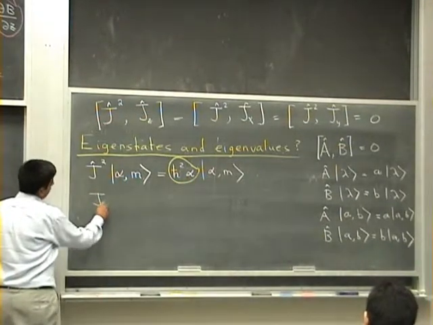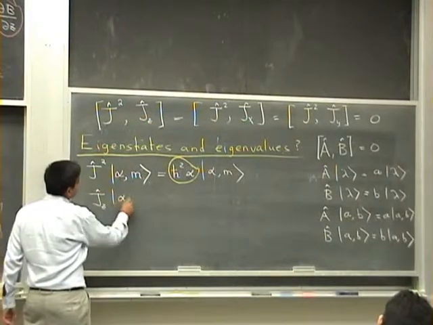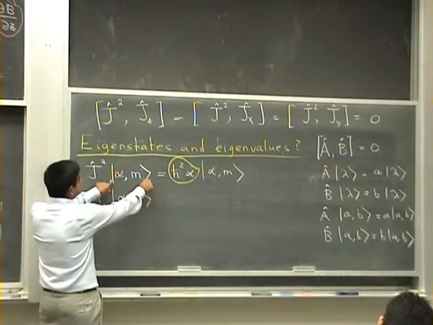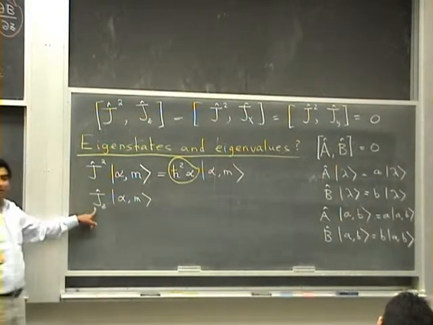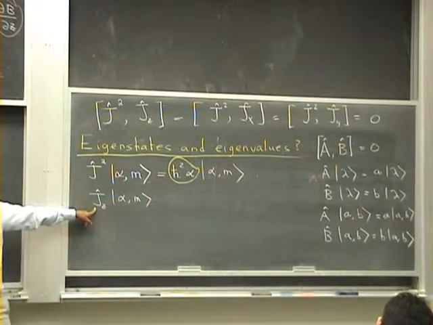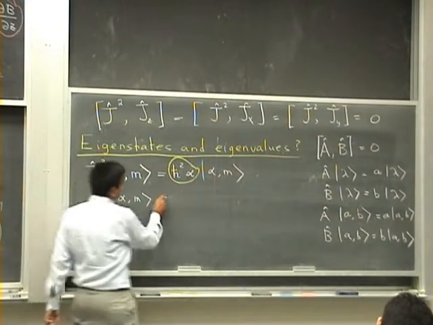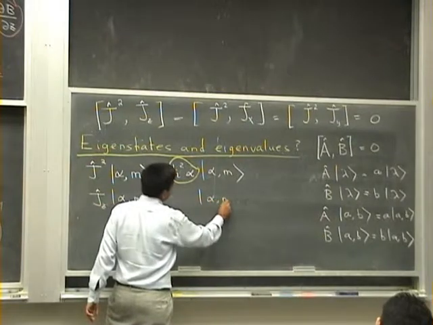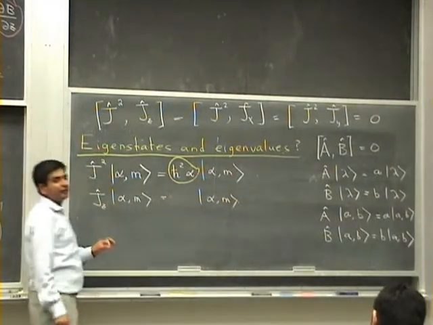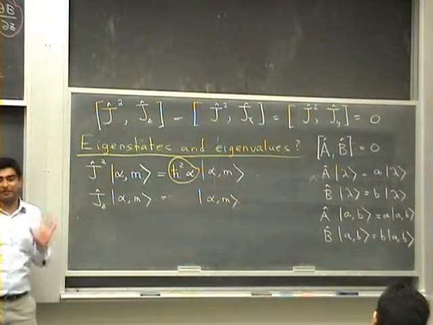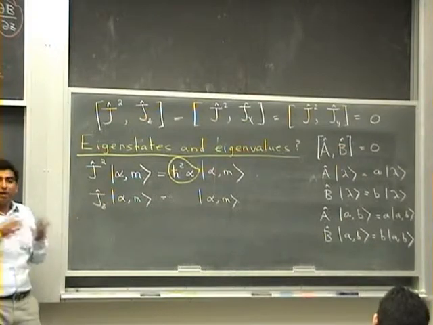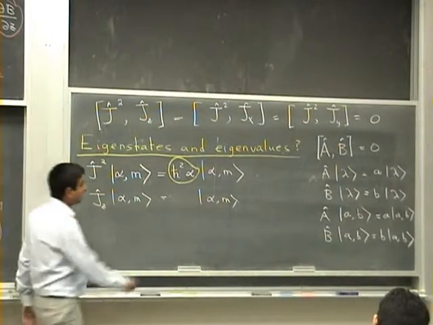Likewise, Jz acts on the same eigenstate. Now the same eigenstate qualifies as an eigenstate of the compatible observable Jz. I recover alpha m. The dimensions of the eigenvalue must be angular momentum. You can measure the component of an angular momentum. So I get h bar,